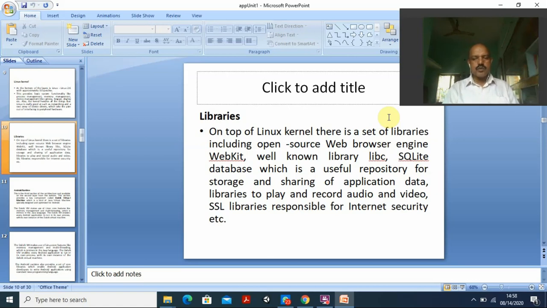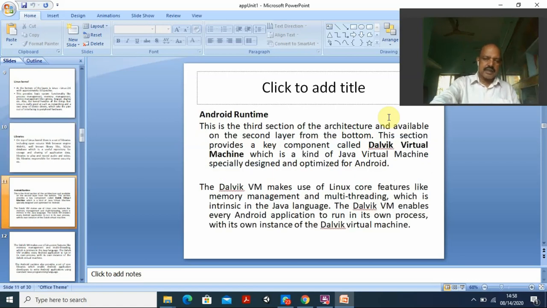I told you it is a lighter version of SQL, mainly designed for smaller devices like smart mobiles as well as tablets. And the libraries to play and record audio and video. The SSL library is responsible for internet security. So all these things are taken care of by these libraries.